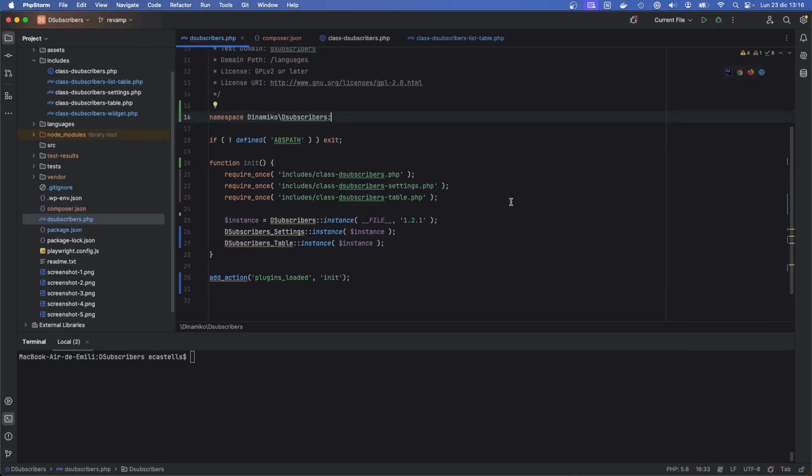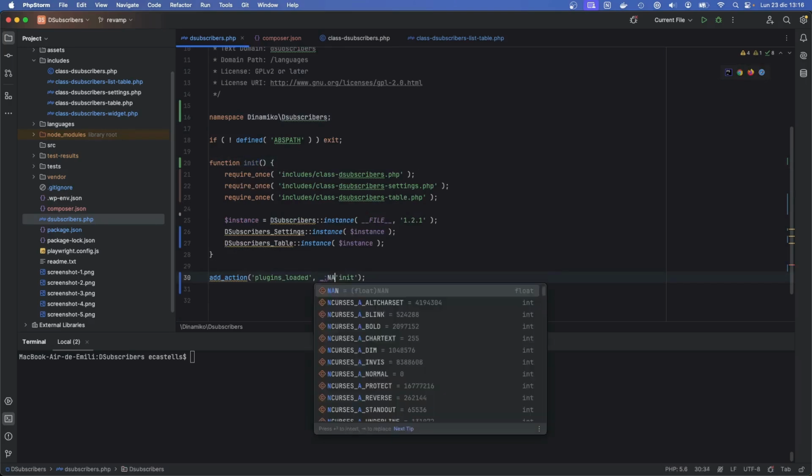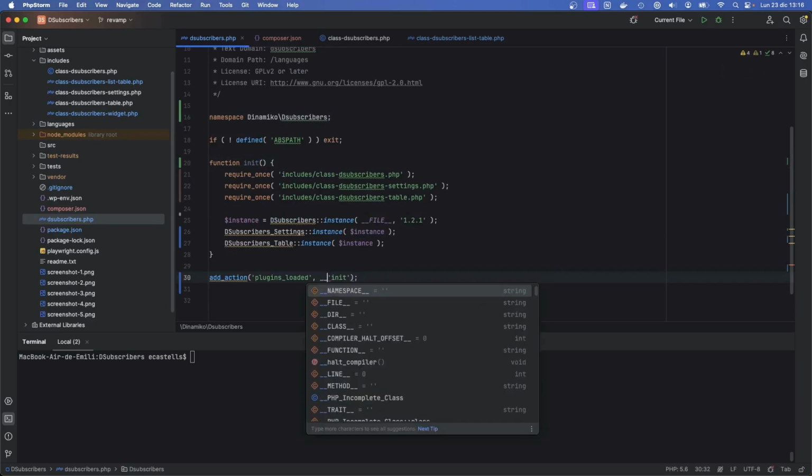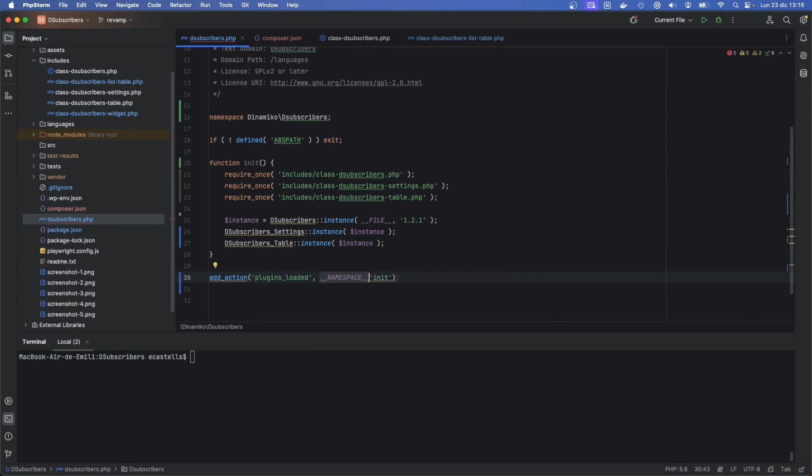The next thing we have to do is add a namespace to this function, to the init. So we can use a namespace constant from PHP to add a namespace to this init function. Okay, so now this init is under our namespace,